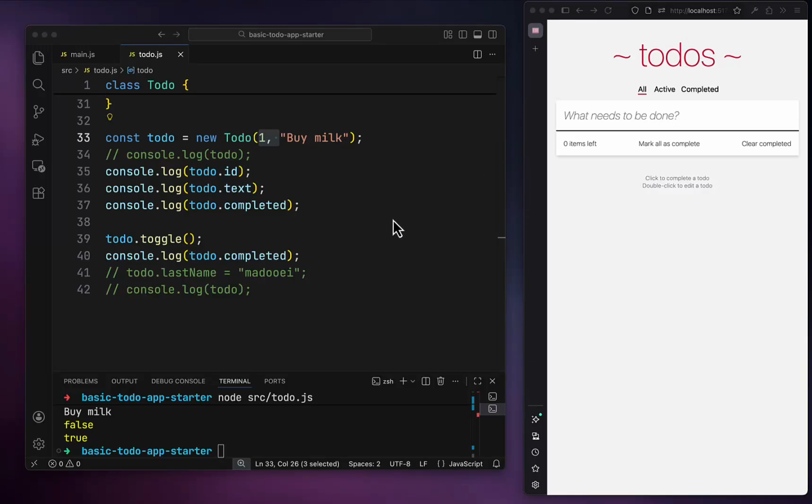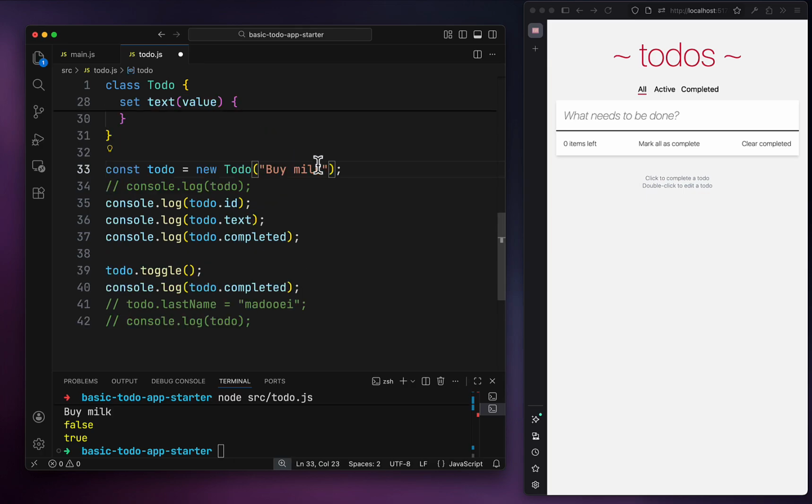Alright, welcome back everyone. Let's try to make another change to our application. Notice that when I create a to-do, I provide the ID for the to-do that I'm creating. This is not a common practice. Probably what you want to do is to have a client just give you the text for the to-do,